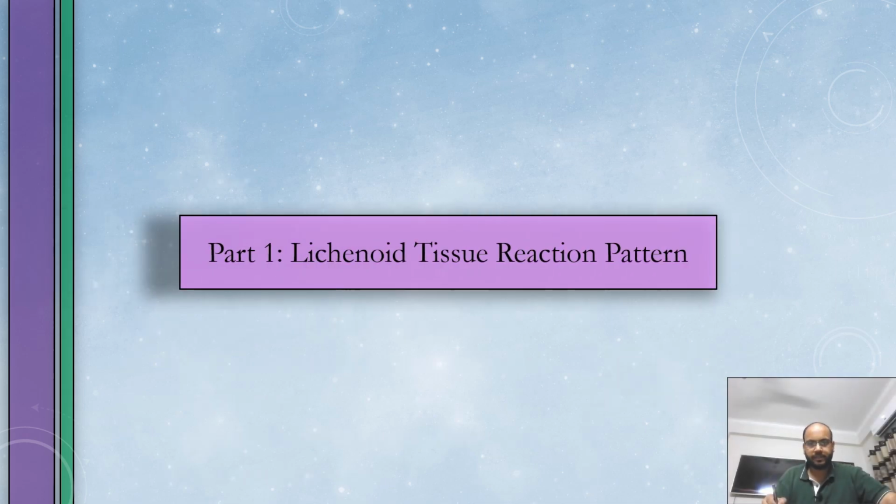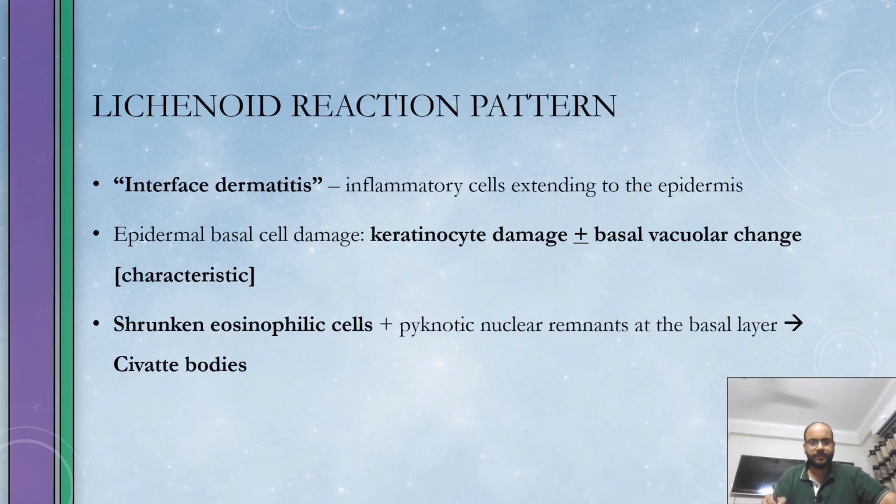lichenoid tissue reaction pattern. Now, lichenoid reaction pattern is also known as interface dermatitis. Okay, interface dermatitis, but it's a very important point to understand. Interface dermatitis is not the same as lichenoid reaction pattern. There are subtle differences between these two. Lichenoid reaction pattern is a bit different from interface dermatitis, and as we progress through the lecture, we will come to know what is the essential difference between these two,